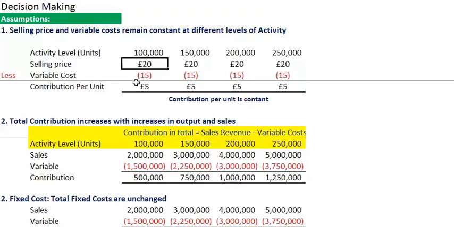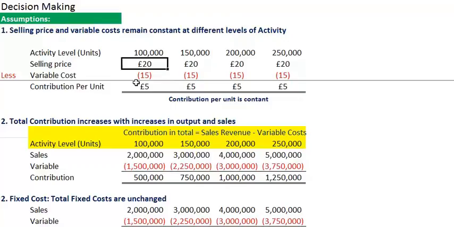Because selling price and variable cost per unit are constant, contribution per unit will be constant as well. Second thing that we need to understand is total contribution increases with increases in output and